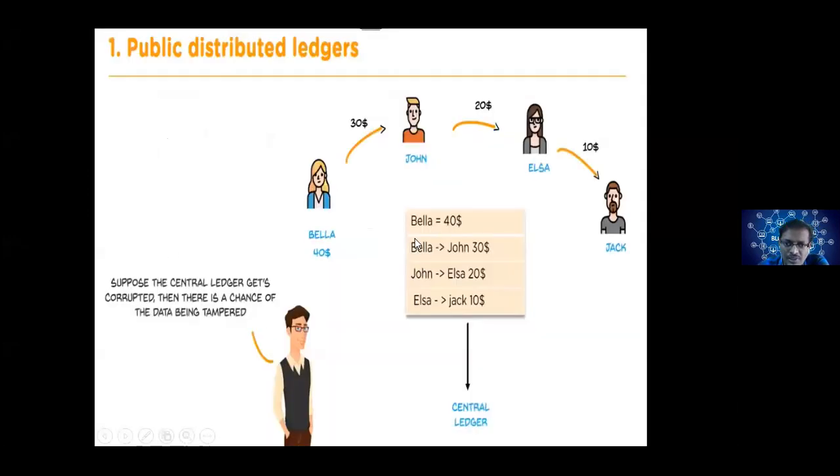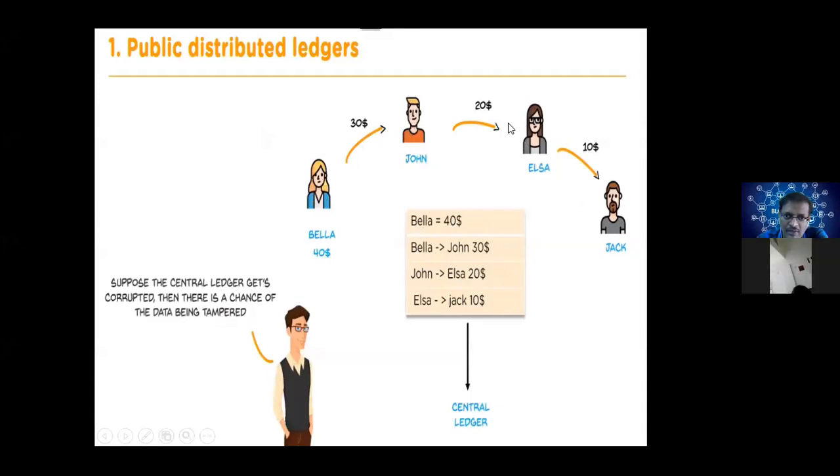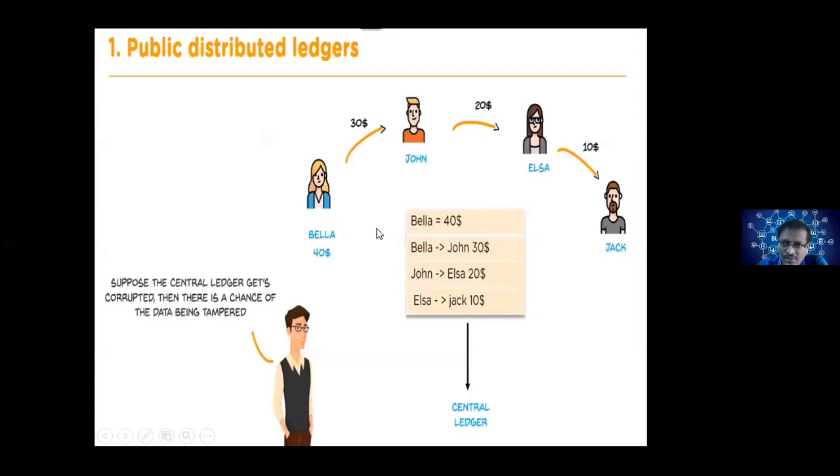So here you can see there are various transactions. This we call a ledger. If we assume this is a network, we have 4 people: Bella, John, Elsa, and Jack. Bella has a current balance of $40. She transmits $30 to John, and John transmits $20 to Elsa,